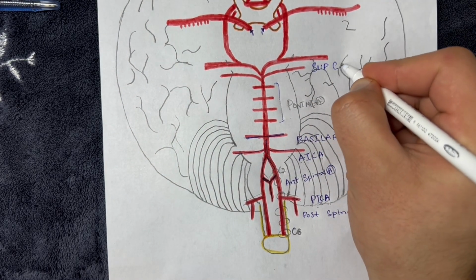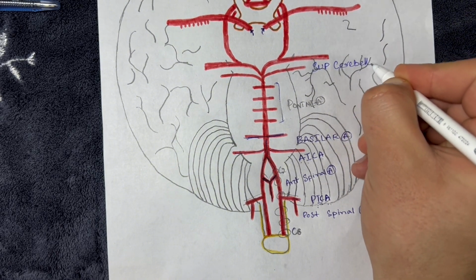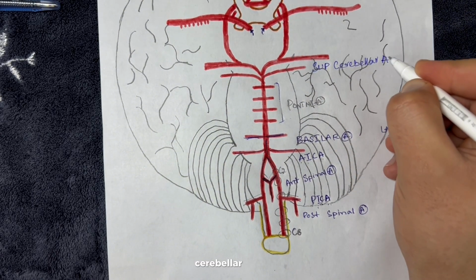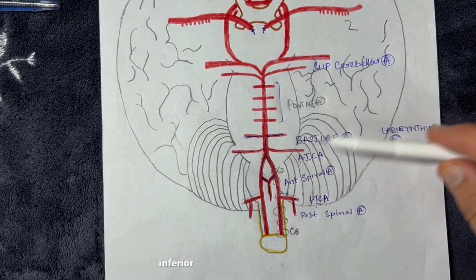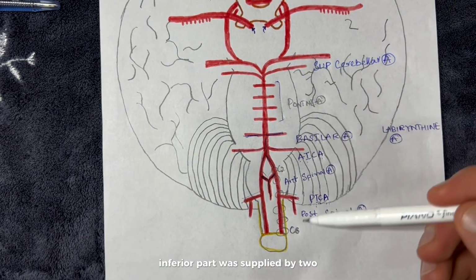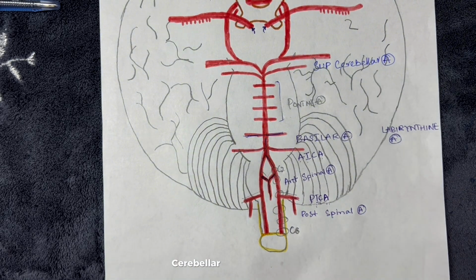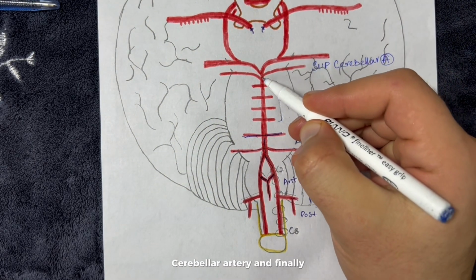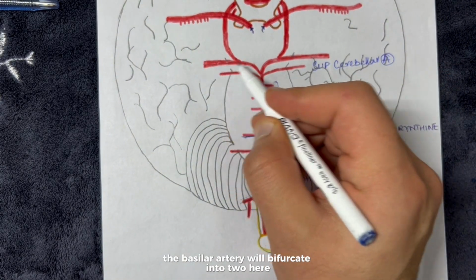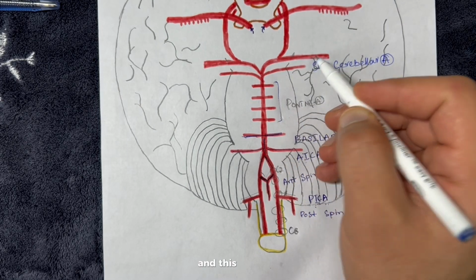Superior cerebellar arteries. The inferior part is supplied by two arteries, the PICA and AICA, and the superior part is supplied by the superior cerebellar artery. And finally, the basilar artery will bifurcate into two here, and this is called the